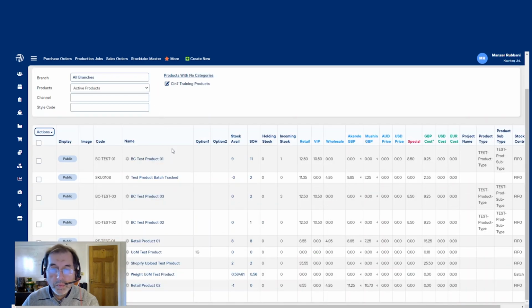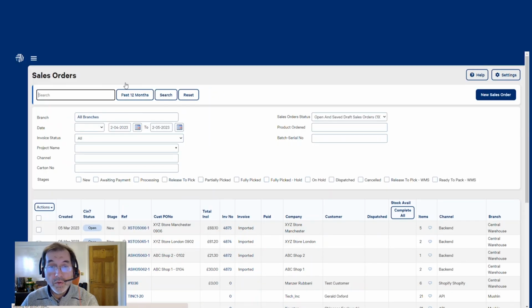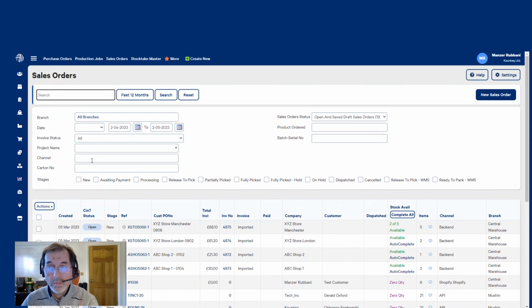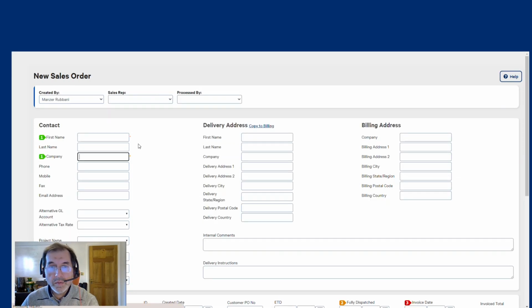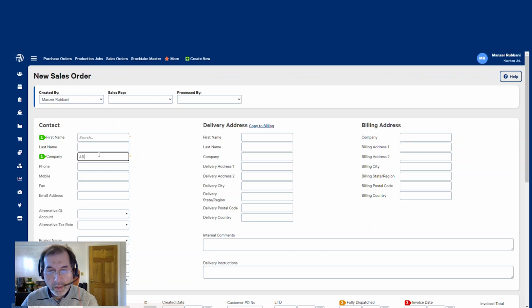Now the process is that when a sale has been made, and this depends on the arrangement you have with your customer, say it's a monthly arrangement, they'll come back to say they've sold it. You have one sitting there, it is your stock. Once they have sold that one, you will then raise a sales order in their name, and this is where you would have to create a customer called ABC, as we've got. Let's see if we've got one there.